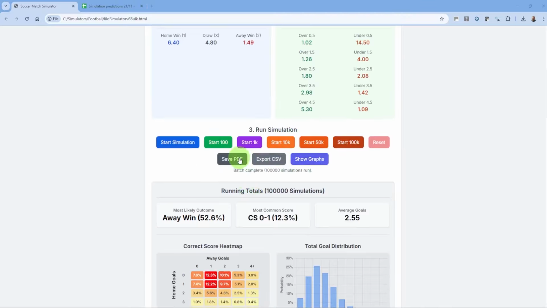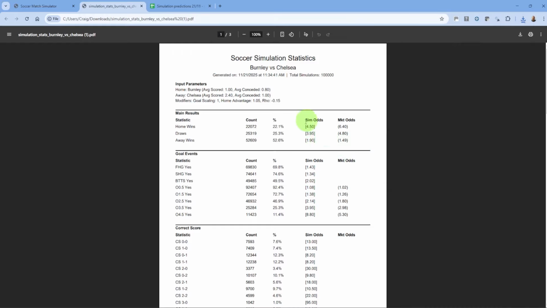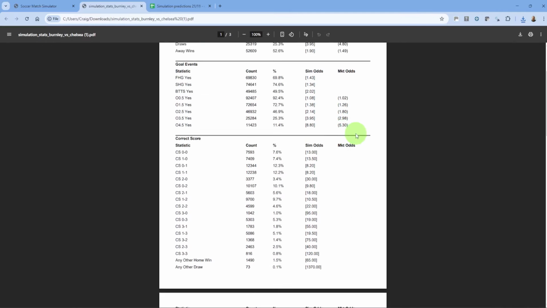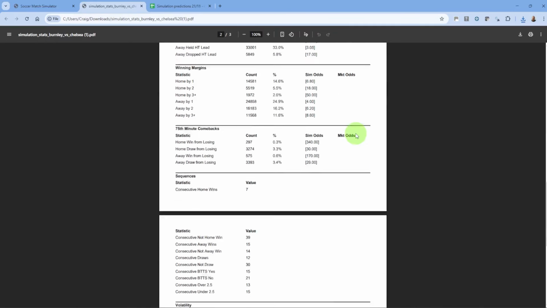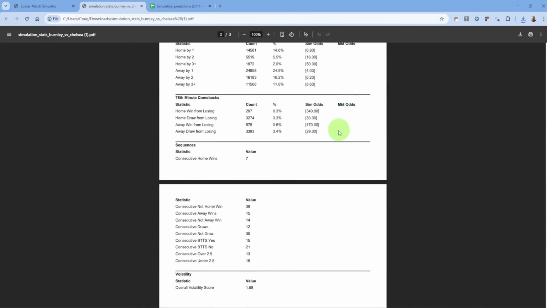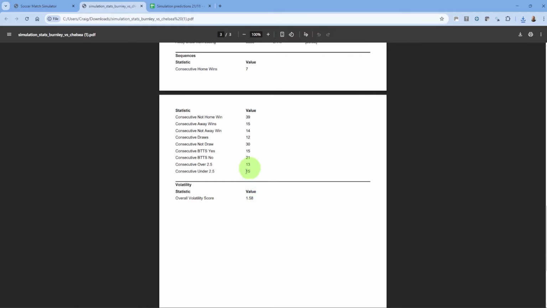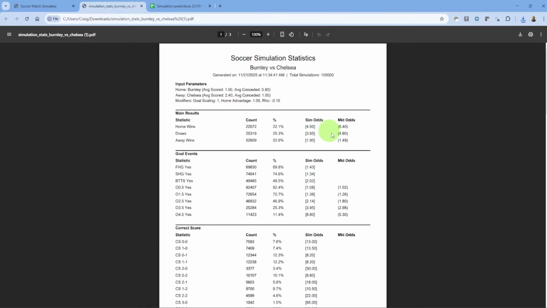We can save these results as a PDF document, and this gives us all the information that we've got in our web form, just so that we can refer back to it at a later date. And if there's any odds in the software, then obviously they've come through as well. We've got the volatility, we've got the sequences, and we can check the overs and unders and the match odds,